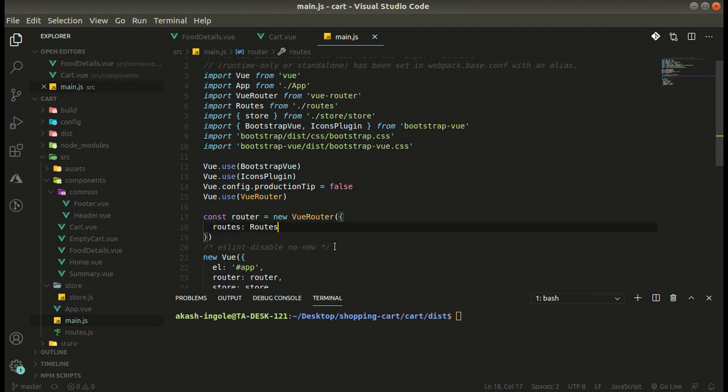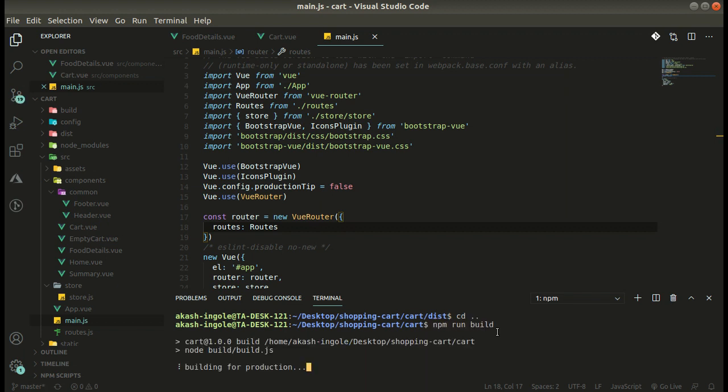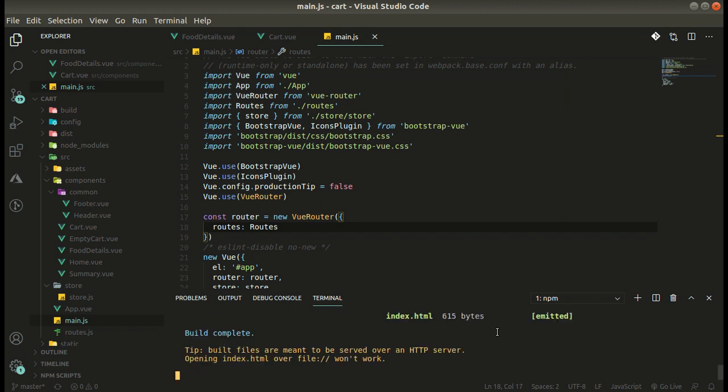Now let's try making the build once again. npm run build. I will drop a link in the description box so that you can read about the Vue.js deployment and other things like route history mode and hash mode.